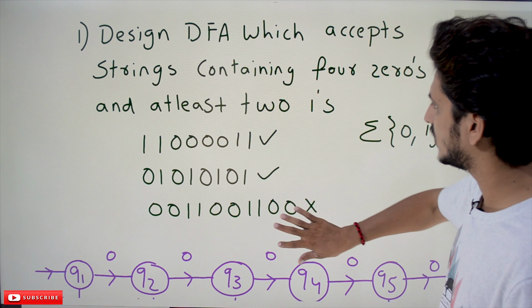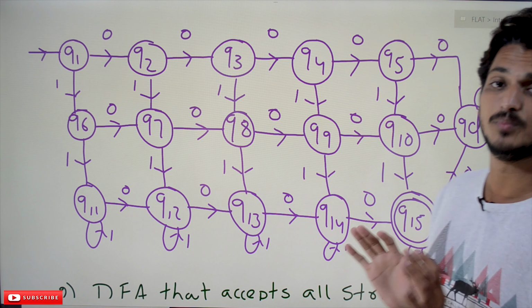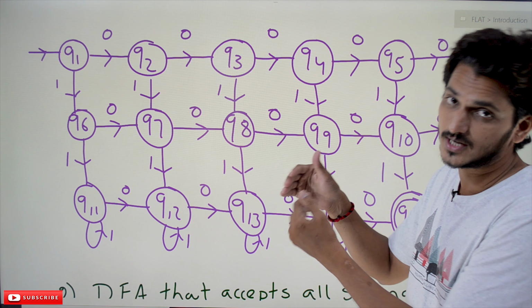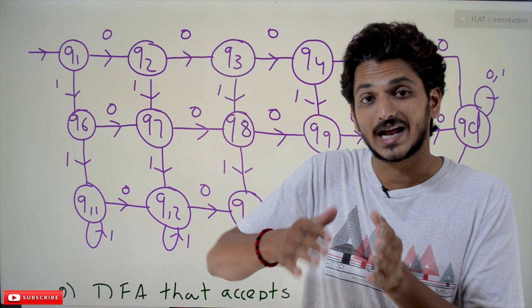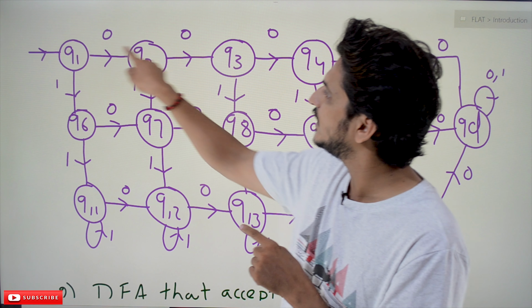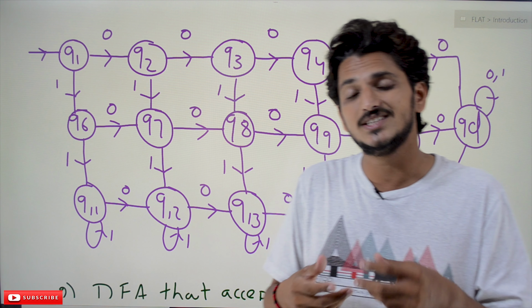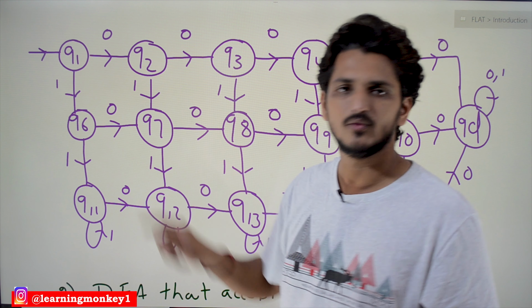Let me show you the logic. Don't get scared about this DFA. It's very simple to understand, and it will help you a lot in understanding the next examples. The logic is, whenever we found a 0, we are moving one step. This is what we have been following from the beginning. In the same way, whenever we see a 1, we have to move one step. If we started from Q1, whenever we take 0, we move one step. But initially, is it necessary to find 0? No, you can find 1. Whenever you find 1, we are moving one step.